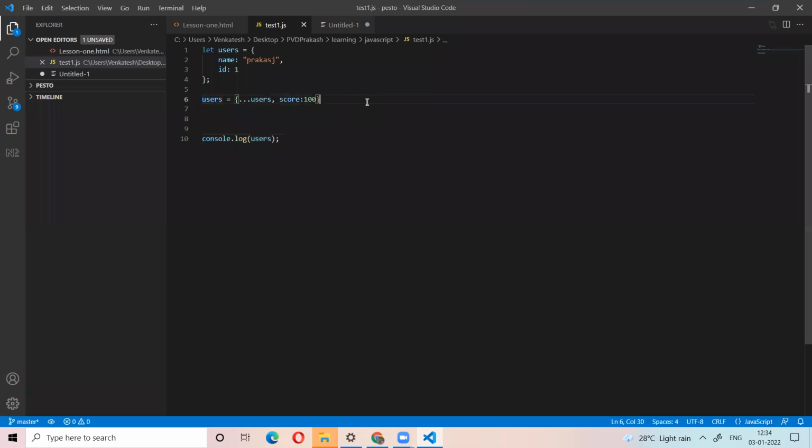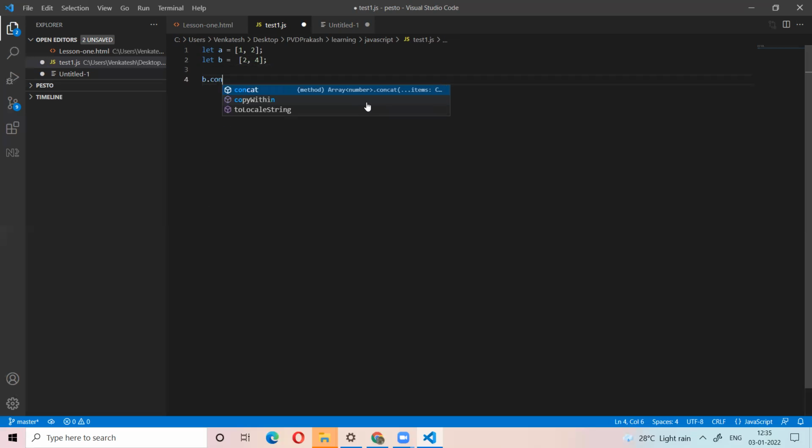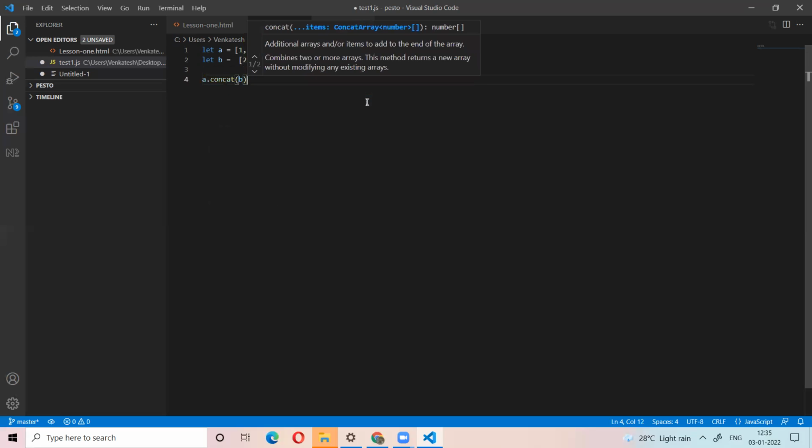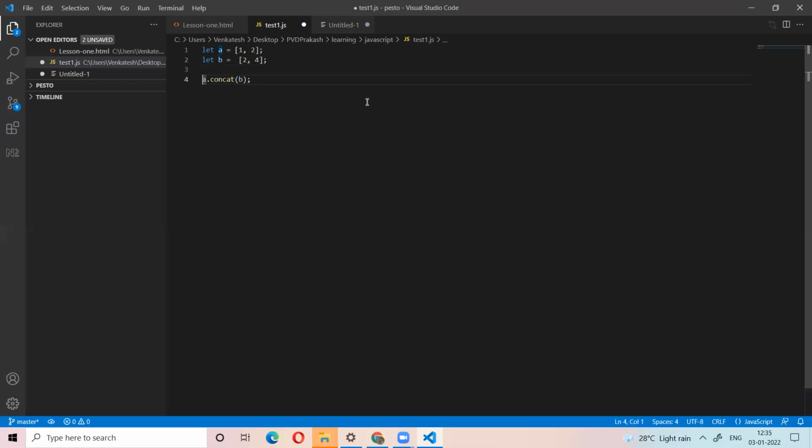For example, let A = [1, 2]; let B = [2, 4]; let C = A.concat(B).